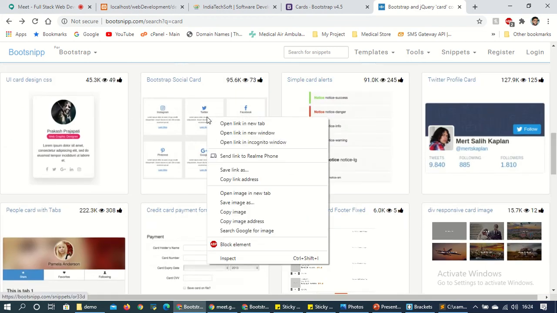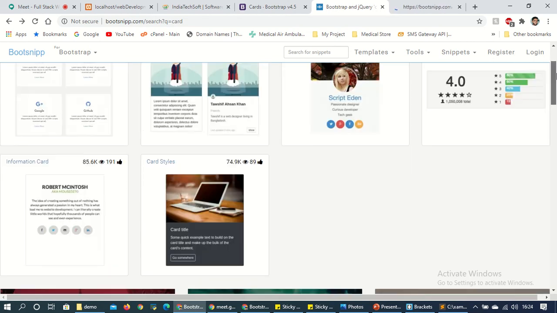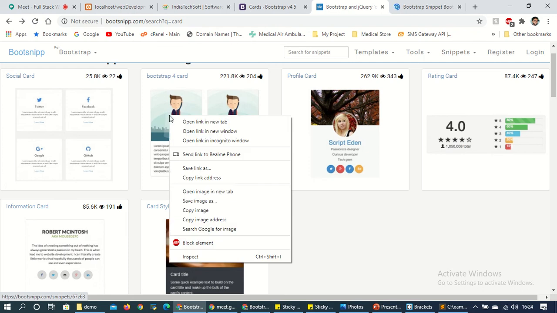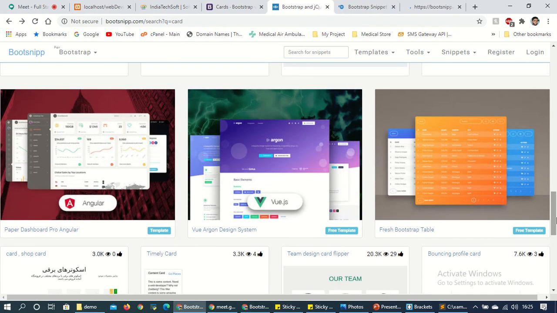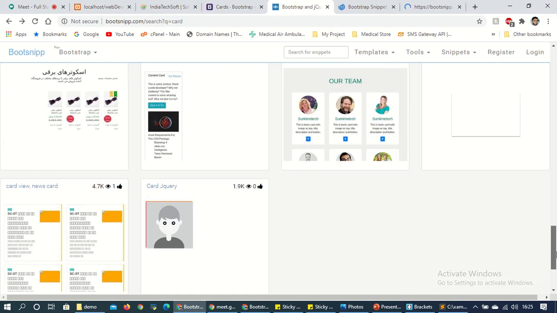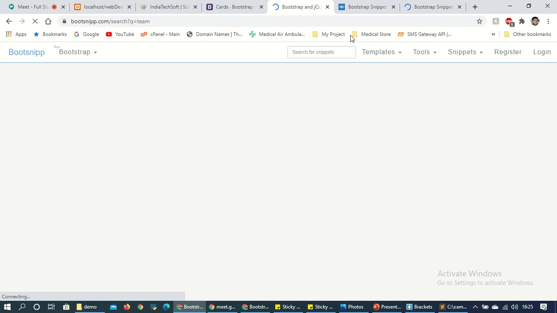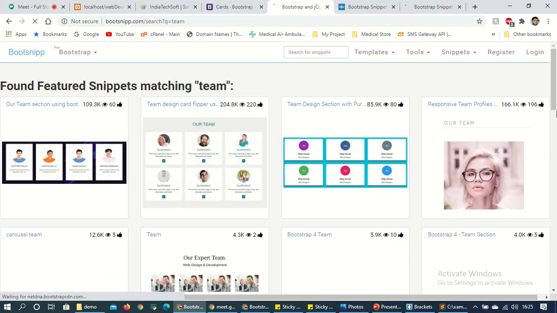So like this, open. And if you want, you can open in a new tab and just go to the second one. If you want to create something like a team page, so here you can search team.